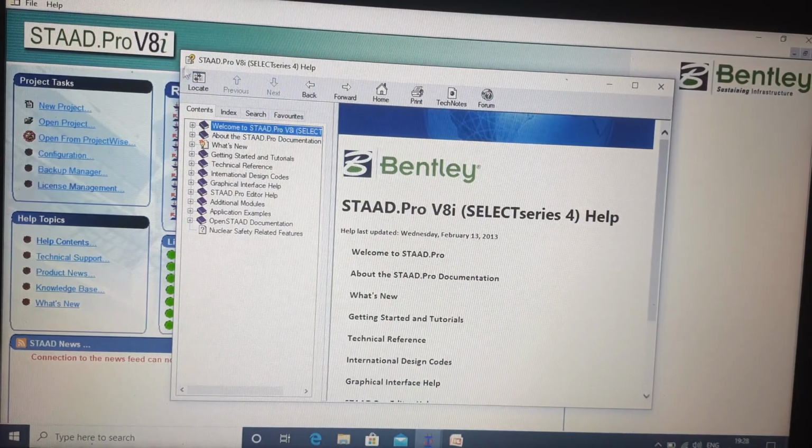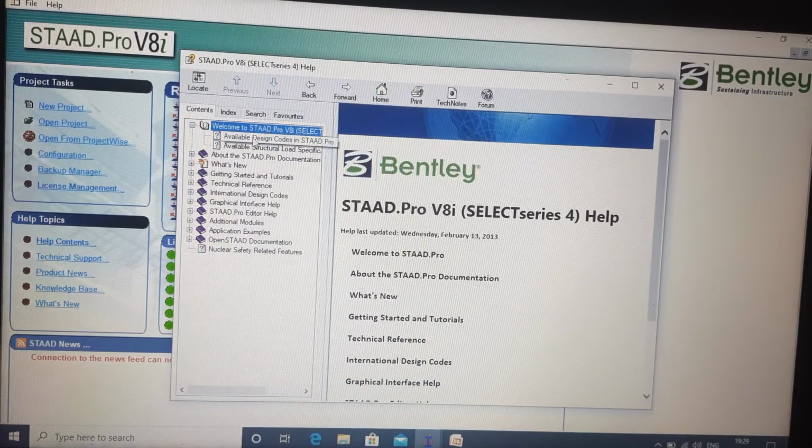From here, if you see in the content file, you have lots of options. Welcome to STAAD.Pro, select series 4 V8i option. From here you can get available design codes, available structures, load specifications, all the things STAAD has or STAAD guides you will get here.